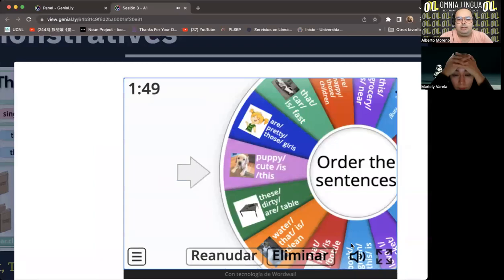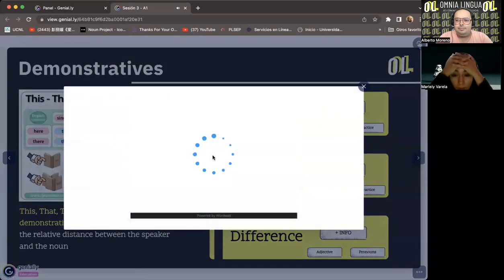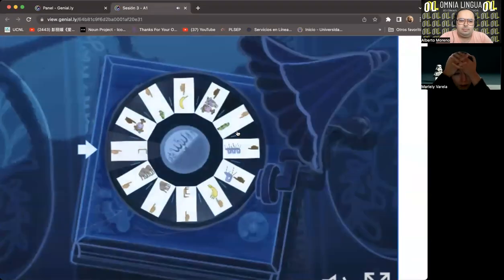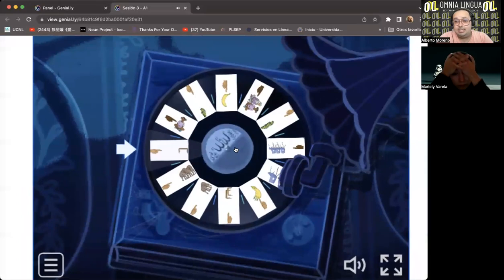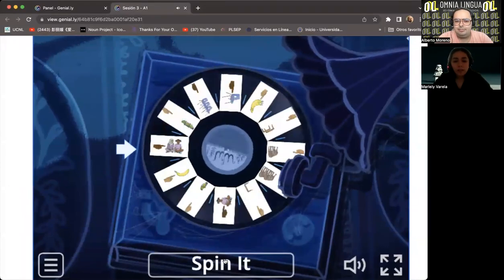So let's keep on with the demonstrative pronouns. So let's begin. The same, but in here we don't have the words. You have to tell me. You have to make the statement. Aquí no tenemos las palabras. Comienzo yo para que te des una idea de lo que vamos a hacer y luego te toca a ti. So,